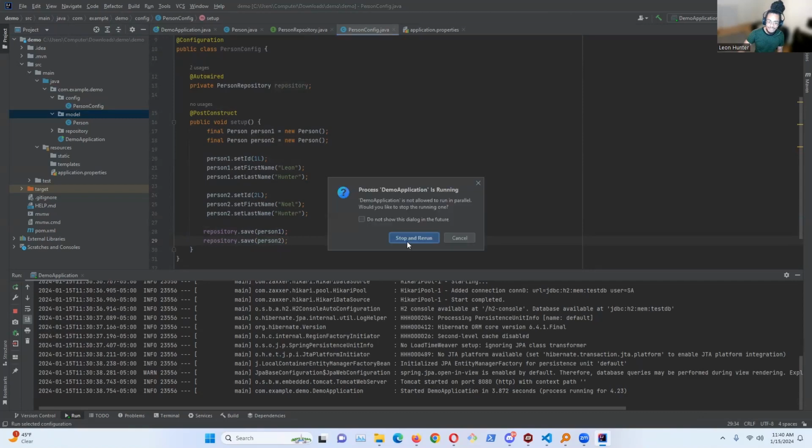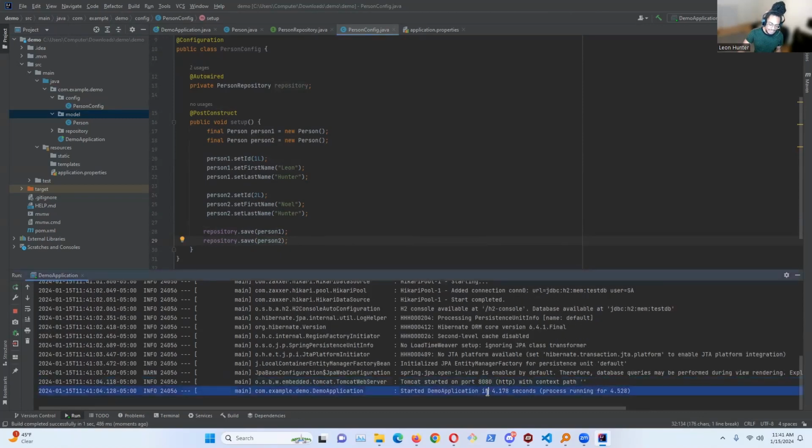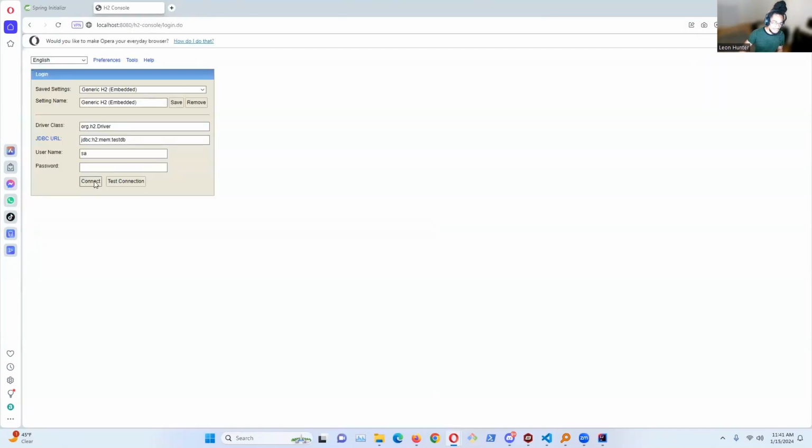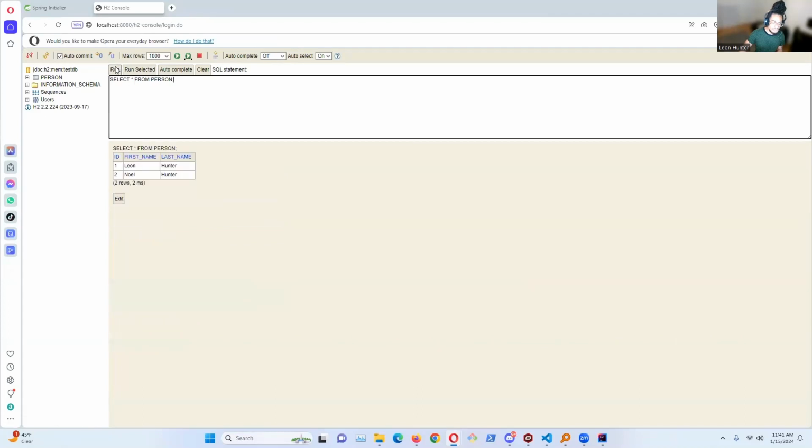Now when we rerun the application and wait for it to start serving on 8080, if we navigate to localhost:8080/h2-console and log into our database, then select star from person and run the query, you can see each of those records respectively. The first entry has an ID of 1, a first name of Leon, a last name of Hunter, and the second entry has an ID of 2, a first name of Noel, and a last name of